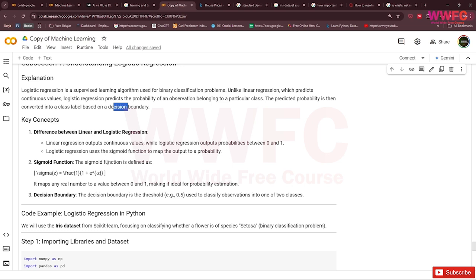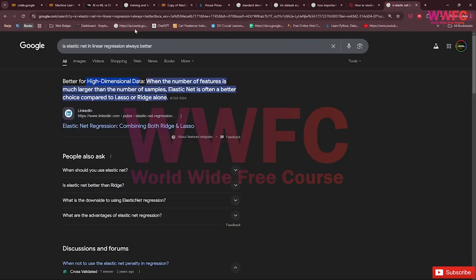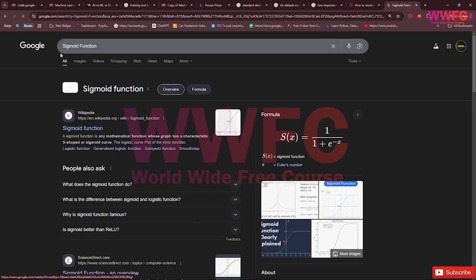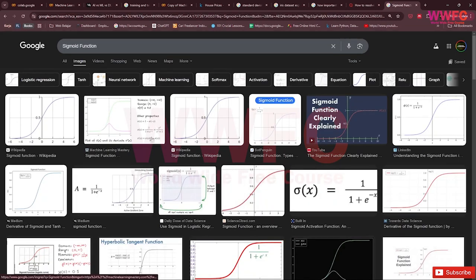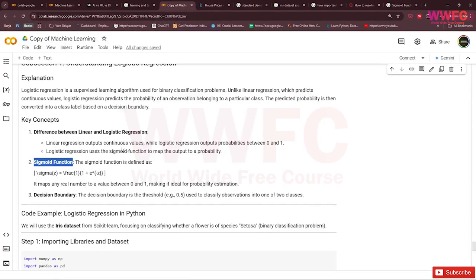Logistic regression uses the sigmoid function to map the output to a probability, and the sigmoid function is something like this. It maps any real number to a value between 0 and 1, making it ideal for probability estimation.